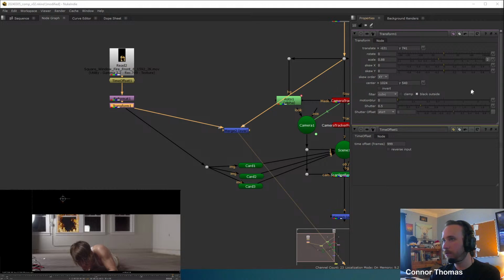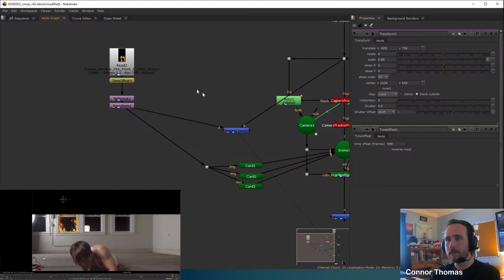Just kind of line up our fire with the edge here. And of course, it looks terrible, but we're going to add all of our glow and make it look like it's actually burning into it rather than sitting on top of it. But for right now, we just need the orientation to be correct. Once we kind of get that there,